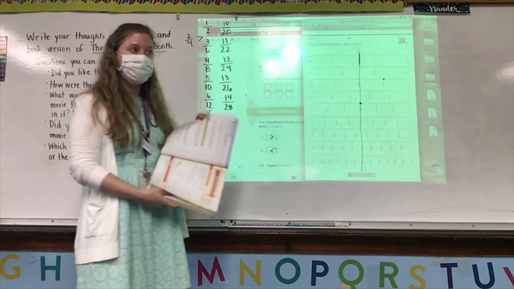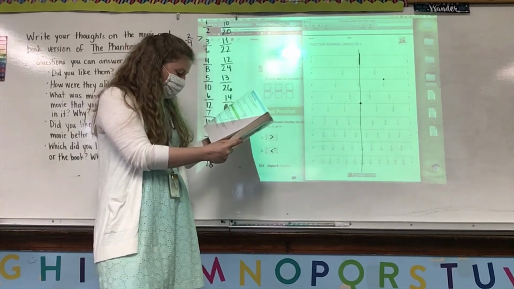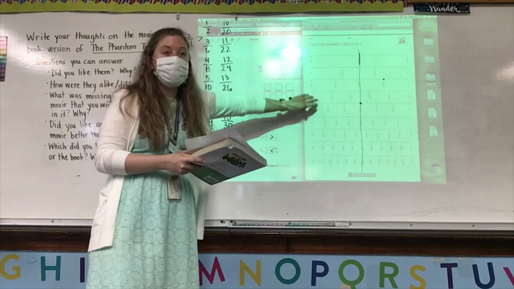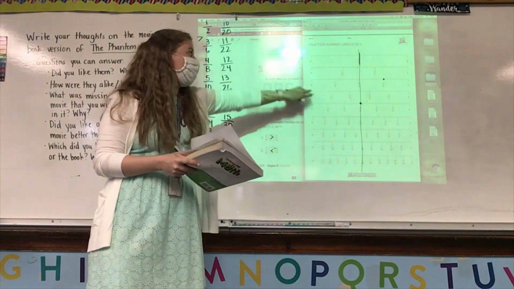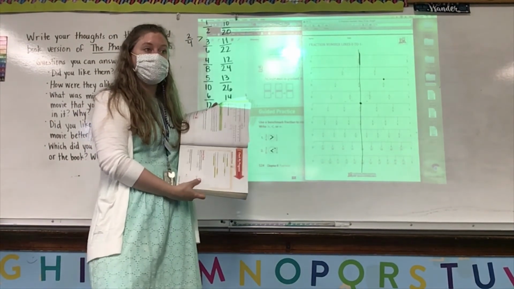You do have printed homework, however, and I have it over there. It's the same setup. Numbers 1 through 3, you're comparing. Use your benchmark fraction or your fraction number lines. Numbers 4 and 5, you are also comparing, but they already gave you